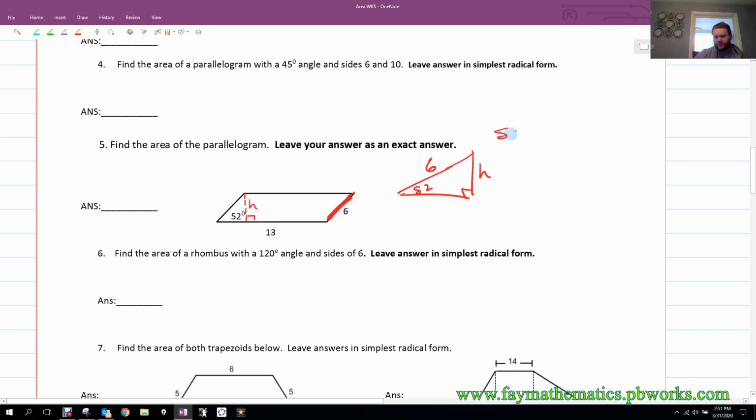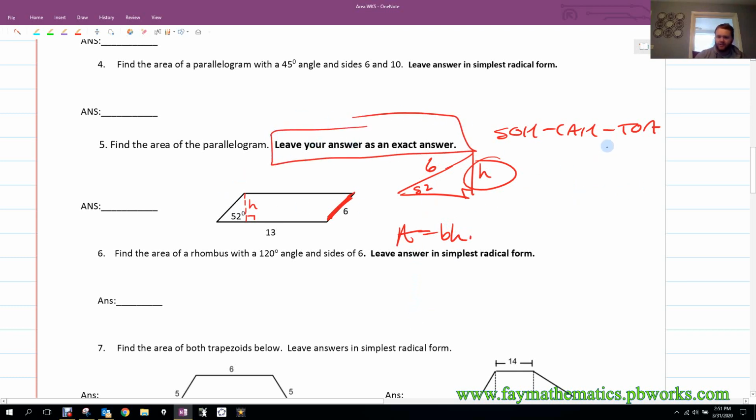So you're going to figure out which one of these you need to use, SOHCAHTOA, to find H. And once you find that, area is going to be B times H. Now, when you do this, because I asked you to leave your answer as an exact answer, that means when you find whatever this is, sine of 52 or cosine of 52 or tangent 52, whatever one it is, do not use